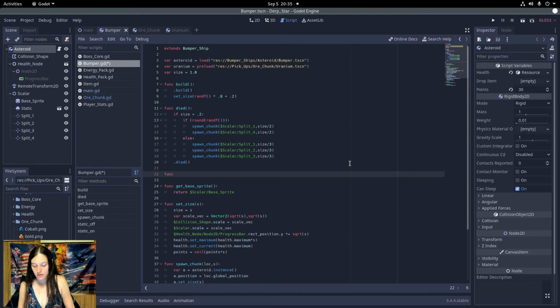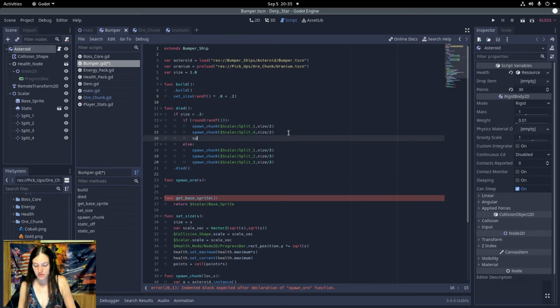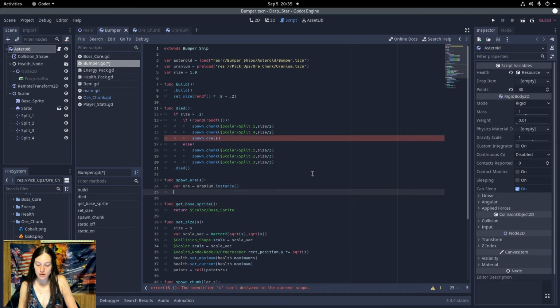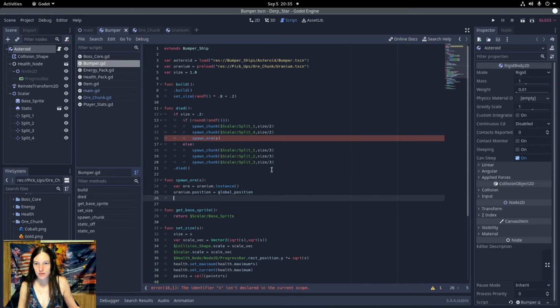And then make a new function to spawn the ore and take a size as the parameter. So then we'll call this in the died function, and this only activates if the size is greater than 0.2. So now I'll make a new ore variable equal uranium.instance, set uranium position to the global position of the asteroid, and then this is size over 2,